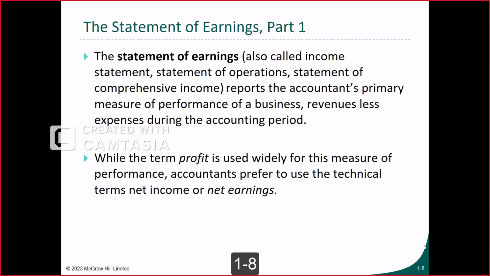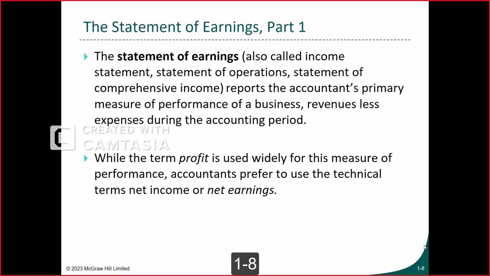Now, the other statement, the second financial statement, is the statement of earning, also the statement of income, the income statement, also called the statement of operation or statement of comprehensive income, many ways to name it. This is a statement that is related, as we said, to a period of time, not a specific day. And the goal of the statement, the purpose, is to show to which extent the company was successful in generating value, which means to which extent they generated more revenues than the expenses.